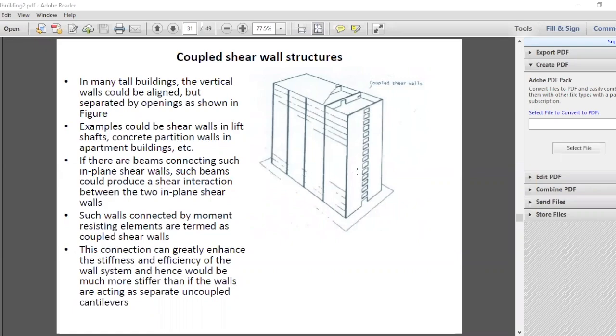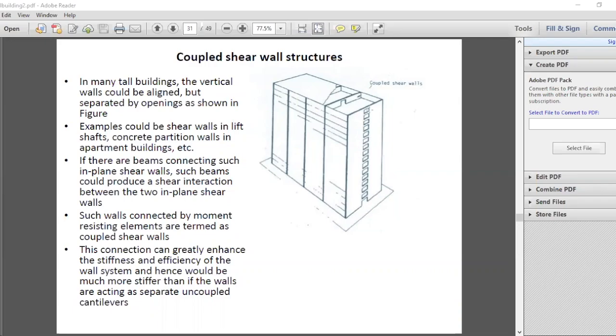If you have, say, a total moment of capital M acting on two walls which are connected by a pin-ended member, then the moment carried by each wall will be proportionate to the second moment of area. But once you combine these walls, then there will be certain interaction, and you will find that